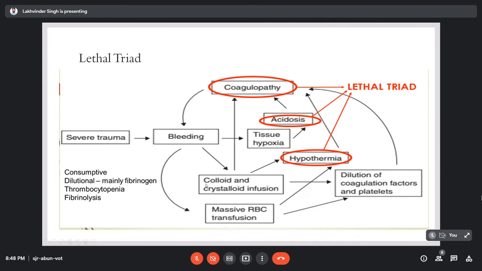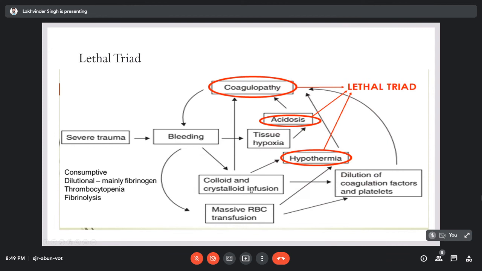it's not only the coagulation factors, but also fibrinogen and the platelet surface. It has a very important role in the formation of the hemostatic plugs, both the primary and secondary hemostatic plugs. They have a role. So when the bleeding starts, in the early phase, instead of giving colloids,